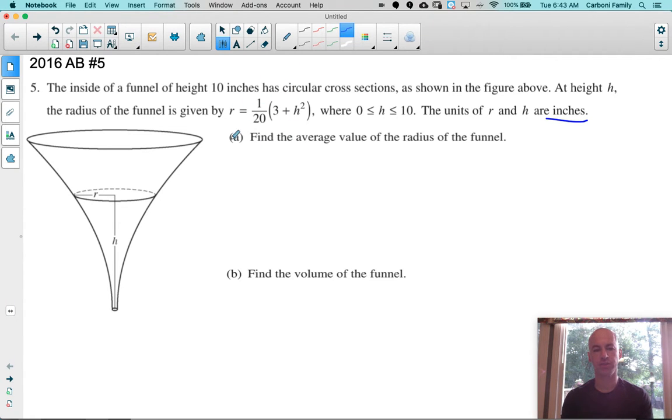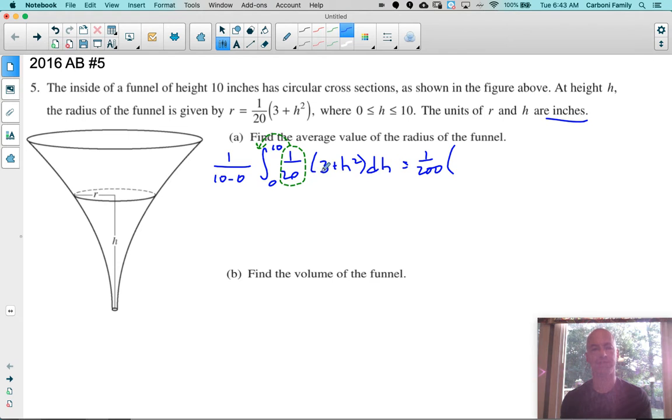They give you a function for radius, so the average value would be 1 over, and if you want to be explicitly clear, 10 minus 0, because that is my change in h, from 0 to 10 of 1/20th of 3 plus h squared dh, and then we would evaluate that integral, which would be fairly straightforward. The 1 over 20 is just a constant. I would actually pull that out and stick that with the 1 over 10 in front to give me a 1 over